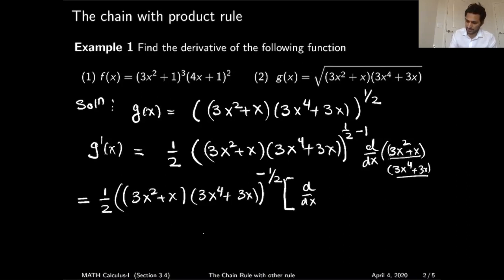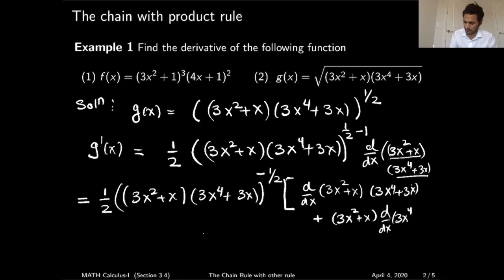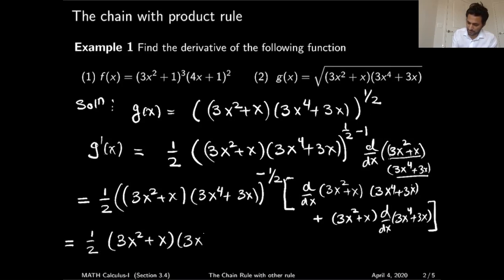So dy/dx: the derivative of 3x² + x, and the second function stays as it is, 3x⁴ + 3x. And then I will leave the first function as it is and compute the derivative of the second function, which is 3x⁴ + 3x. And then parentheses here. So in the last line, I will complete the derivatives, and we will have (x² + x)(3x⁴ + 3x) to the power -1/2,